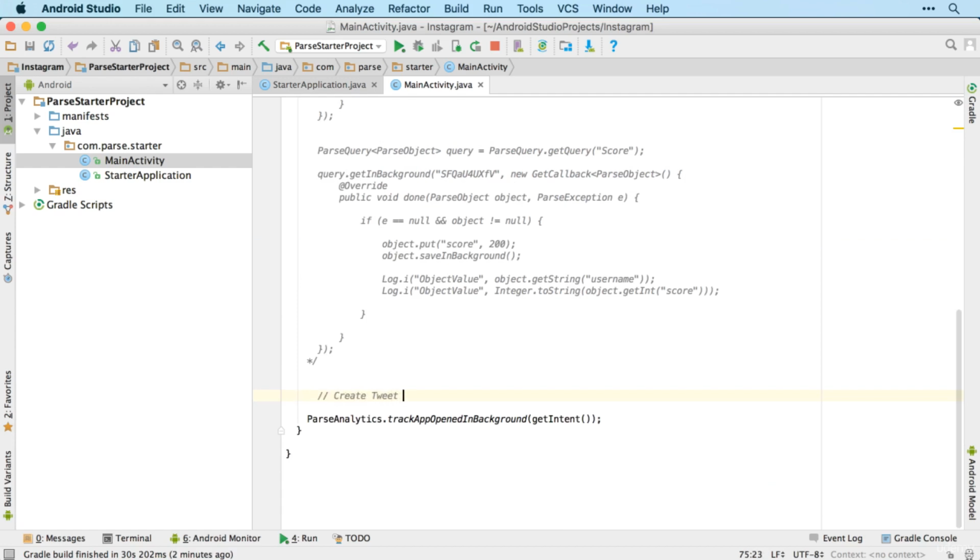tweet class containing a username and a tweet. And the username and the tweet can be whatever you like. Tweet can be just hey there or something simple like that. And then save that on Parse. And then query it